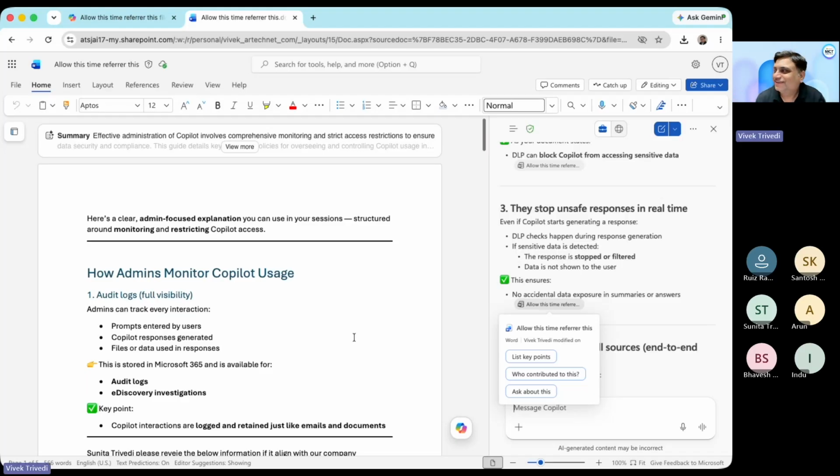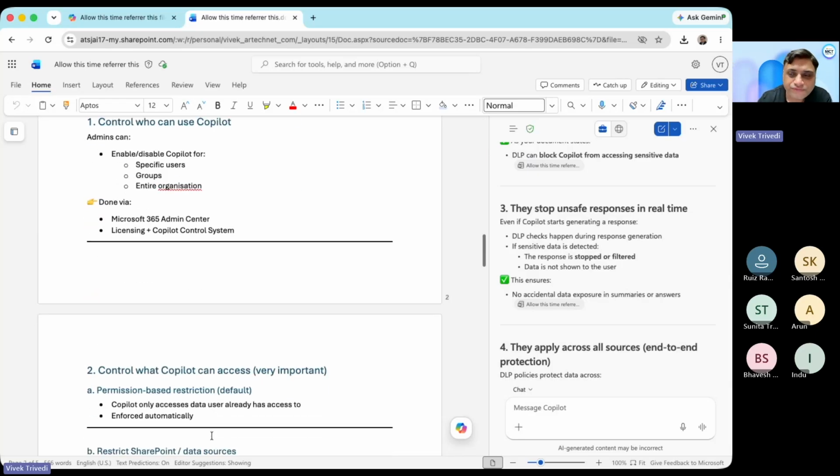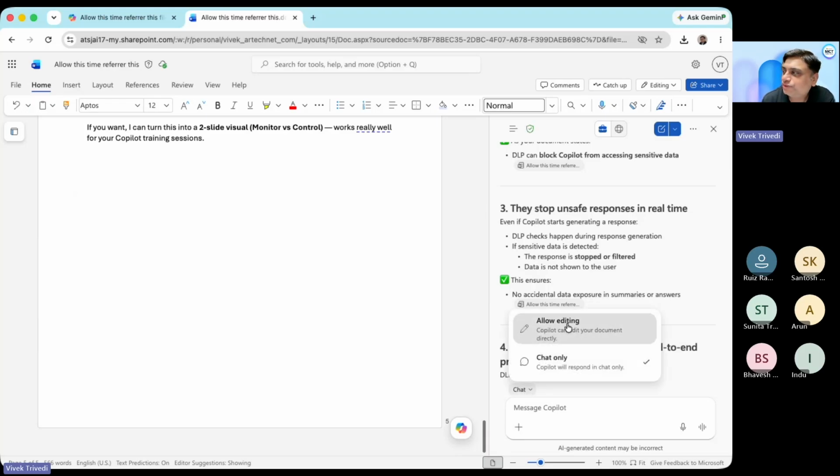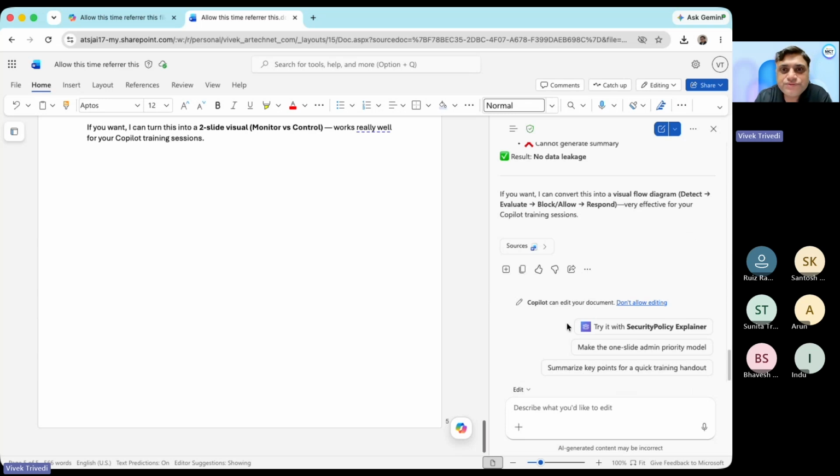What more do I need? Now, if you want further more changes to happen, you want some more information to be added in the document here, that's where you can hit enter. And now you can say, in spite of chat mode, I'll go into the agent mode. So previously this was called up as agentic mode. Now we simply call it up as the edit mode. So now in edit mode, we can explicitly, I can say that